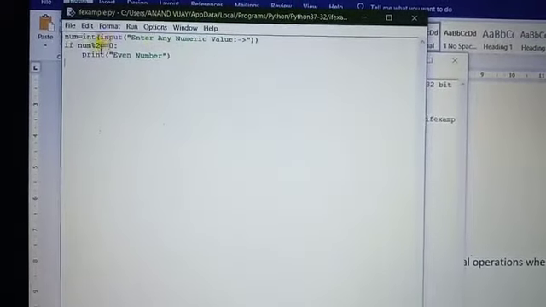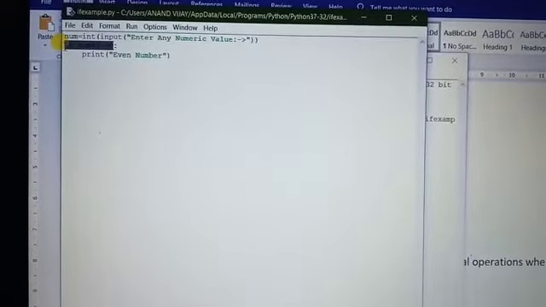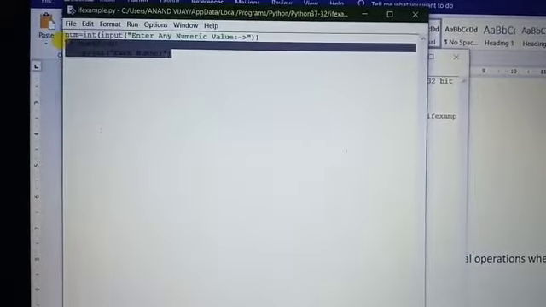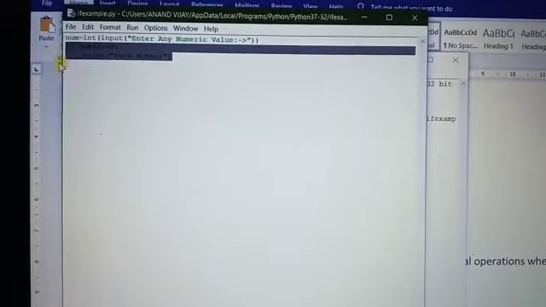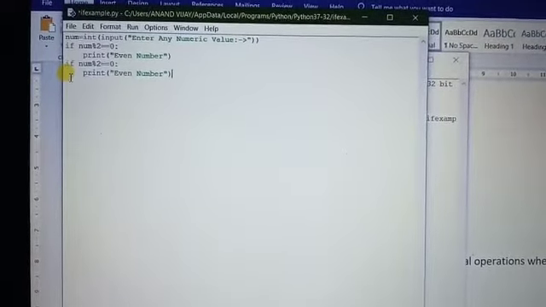If I elaborate the program again, suppose I copy it. I perform the copy operation, Control C, and I also include the logic for the odd number.